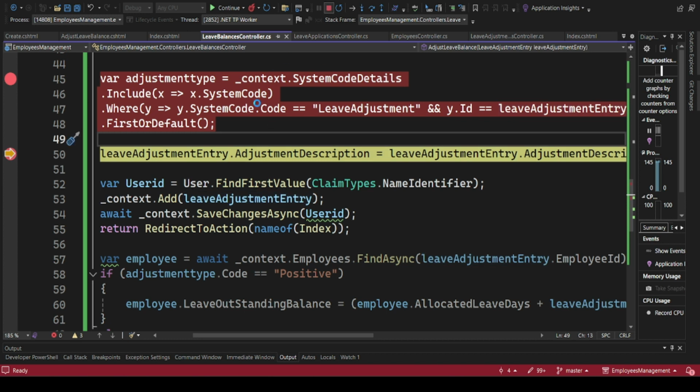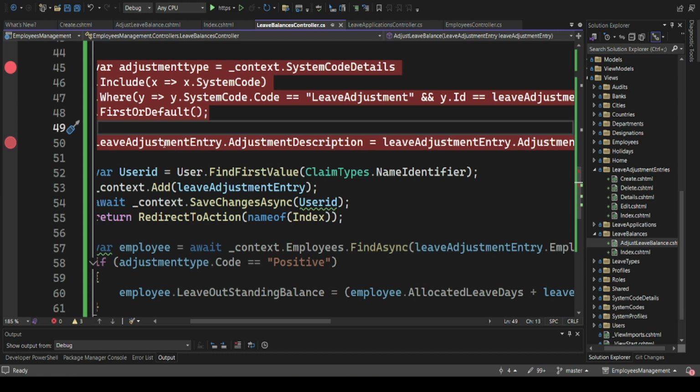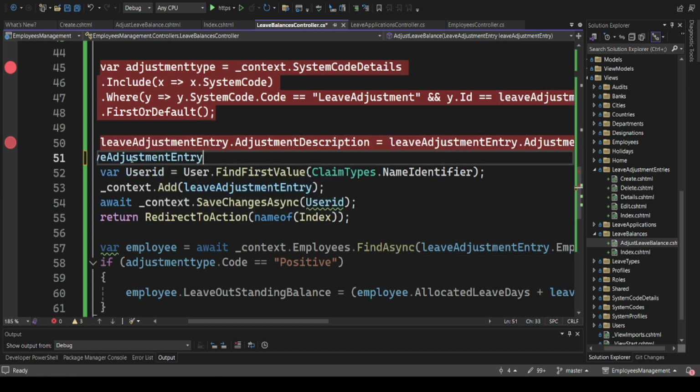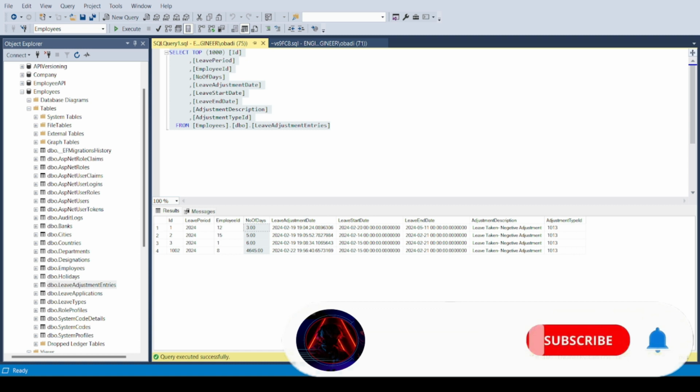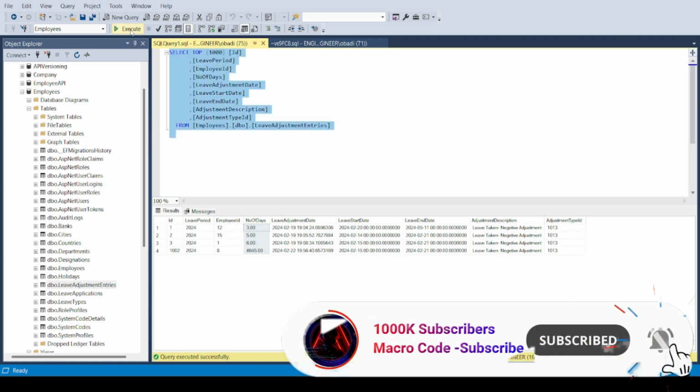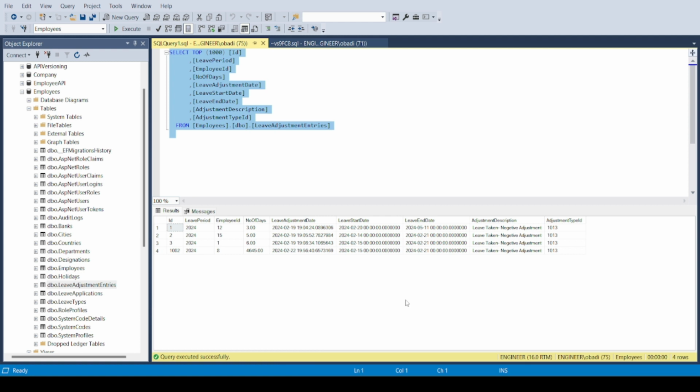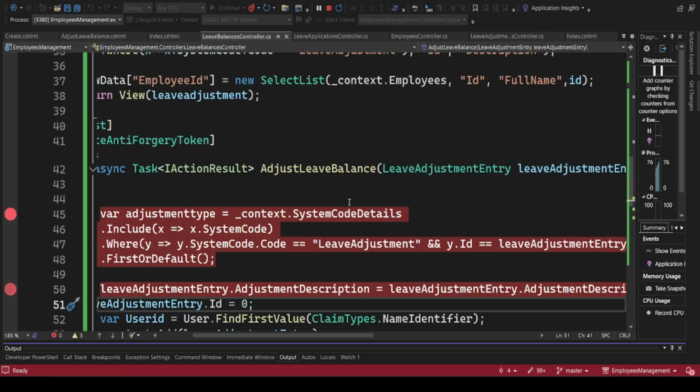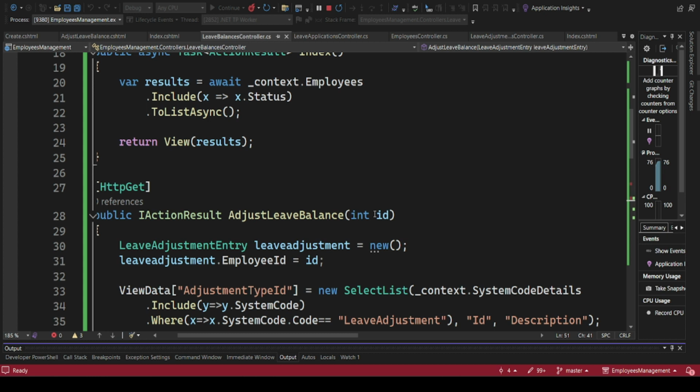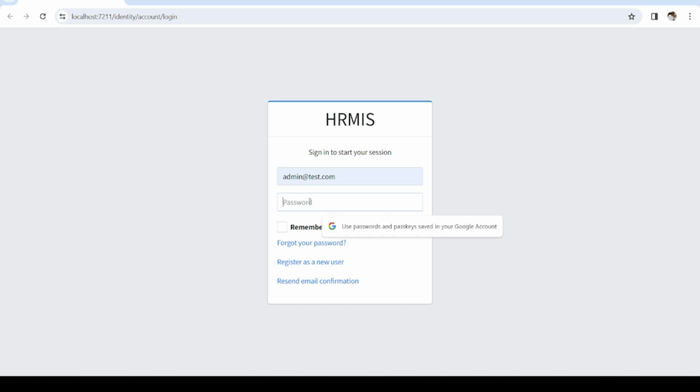So what should happen here is we are doing insertions. So what we will actually do here is to do leave entry, then ID, we just give it 0 because you're actually inserting. Then let's launch our app. So we should be able to have a new entry here and a leave adjustment entry. The reason we are getting that is because here we specify the ID as employee here. So it is actually taking this ID. So I'm going to do that. Then if I save,